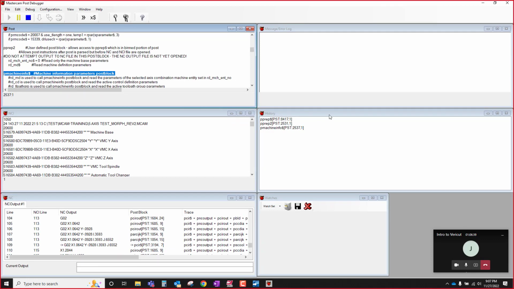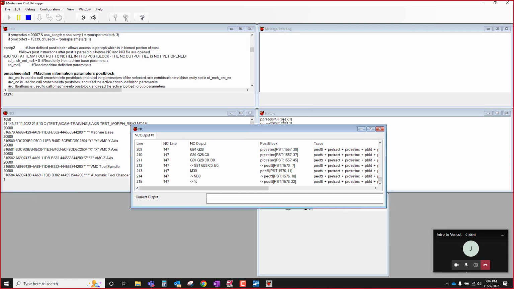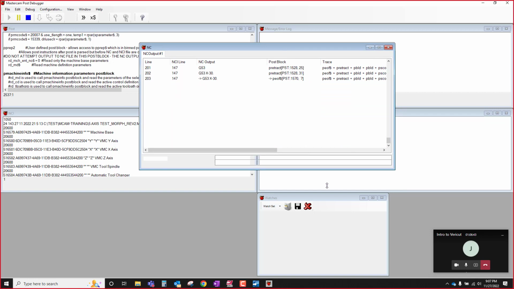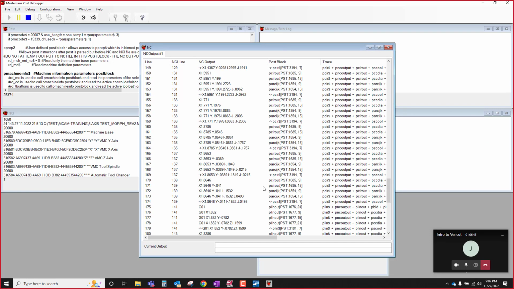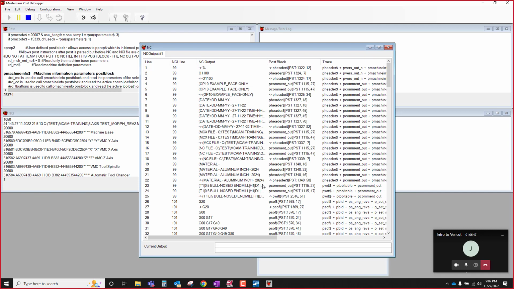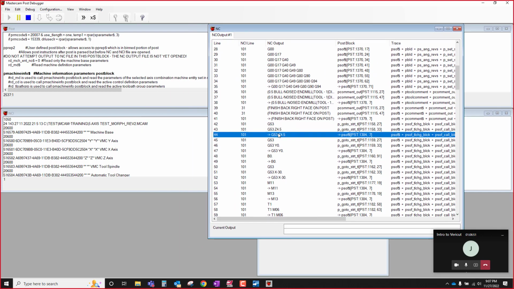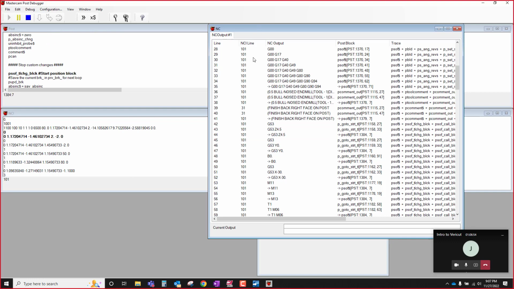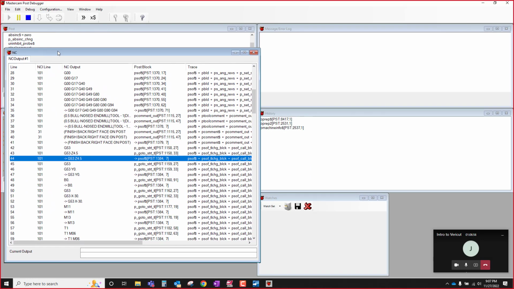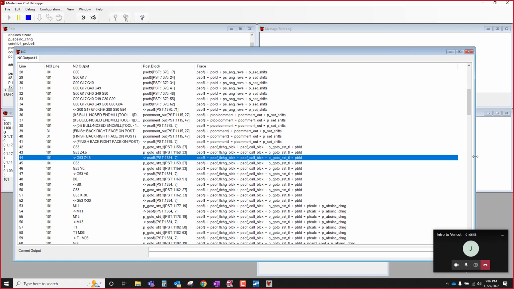Horizontal, and I'm just going to play it. So it gives me my NC output. Now this happens to be only a facing op, so it's a pretty simple operation. But if I try to go and look at where the output is coming from,